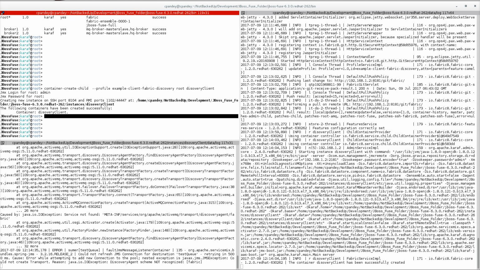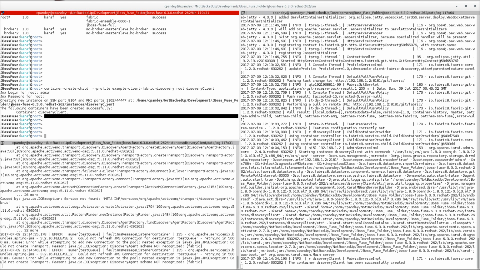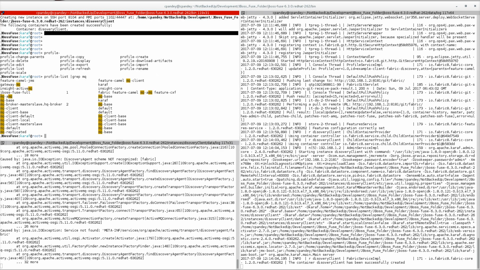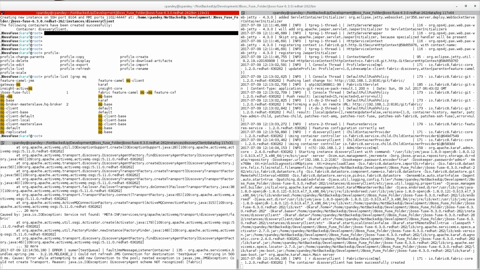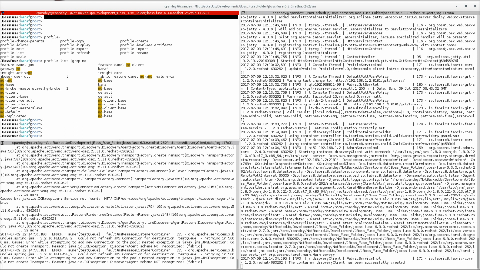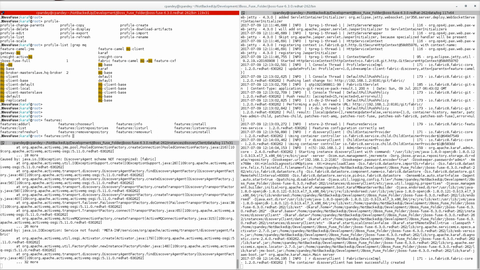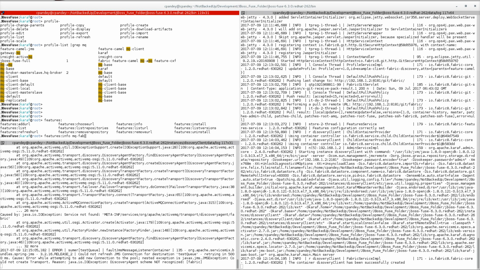Okay, so let me try to add the MQ fabric profile. Profile list, MQ base is there. Okay, yeah, feature info MQ fabric.